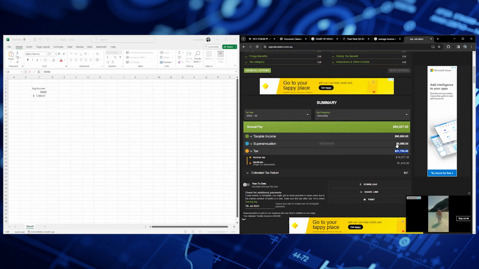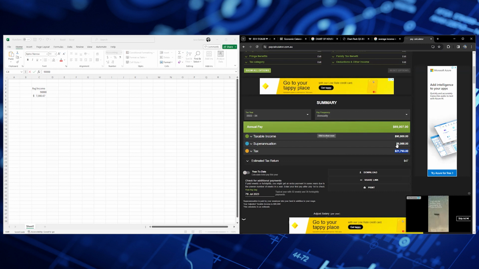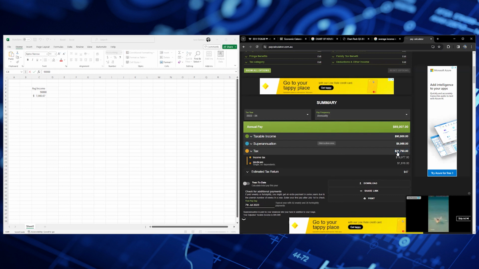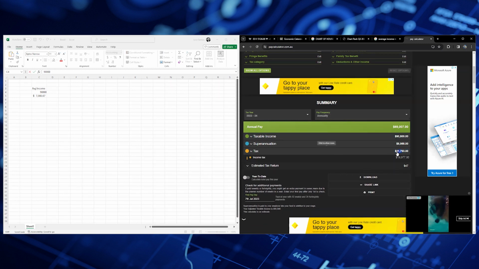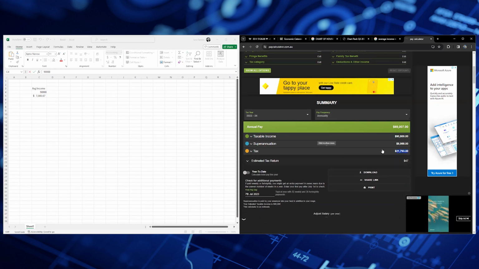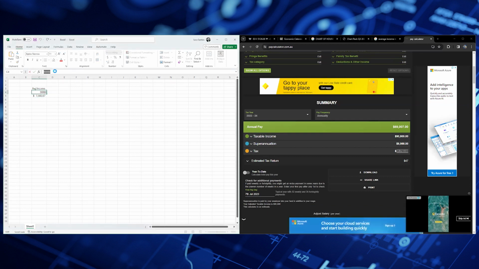Okay, 10 grand will go for the Medicare. So now if we get this number here, 21,000, and we paste it here,